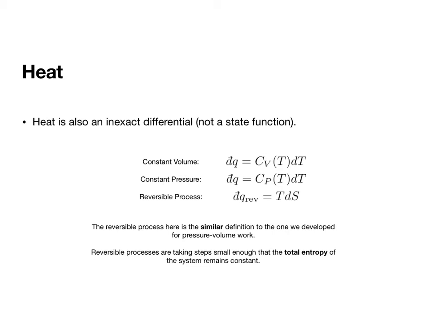So to determine heat, we have a few different equations that we've already gone through, where dq is equal to Cv dT at constant volume, dq is Cp dT at constant pressure, and then we have a reversible process that we need to define because it's very possible that constant volume or constant pressure